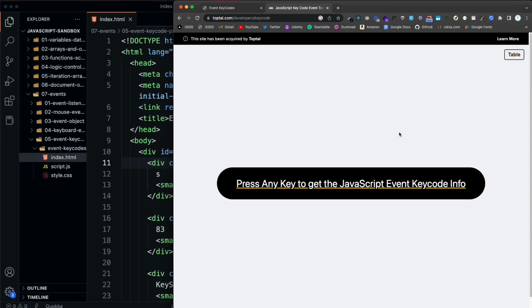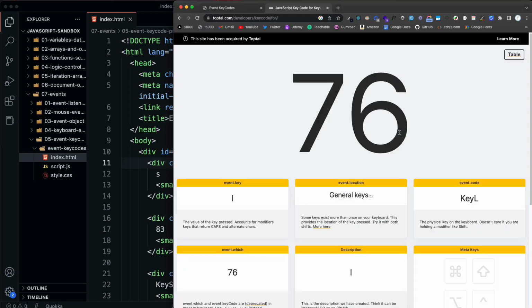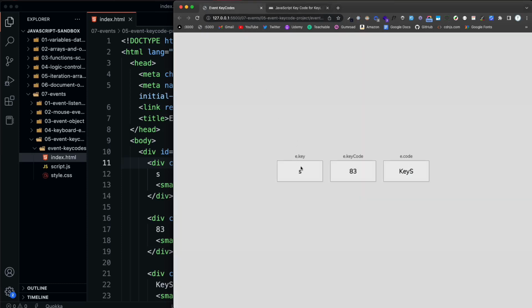So I'm just going to hit a random key. I'll use the letter L, and what it's going to give us, this 76, this is actually the event.keyCode. Remember, we have a number for every key. And then down here, you can see what you get for event.key, which would be L. You have event.code, which would be KeyL. We're not going to do these other things, which you could, because these are also on the event object. But what I want to do is kind of recreate this application and just show the event.key, the event.keyCode,